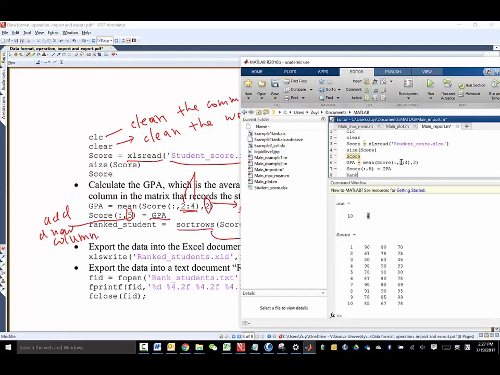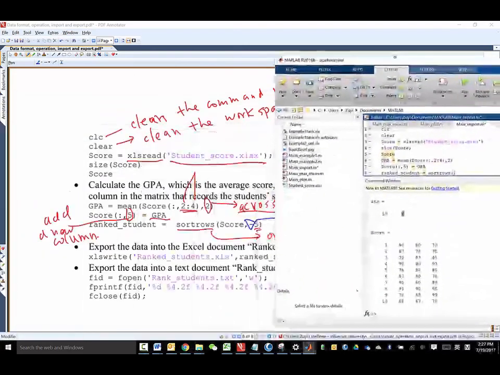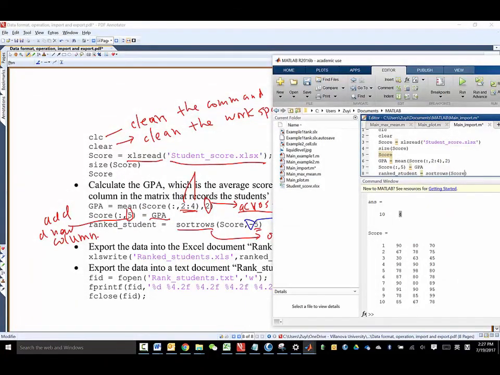Then we go rank student, and then sort row. Sort row means we sort each row on the base of the... right. So we sort each row of the score on the base of the 5th column, right? And then it's decreasing order, so it's -5. Okay,